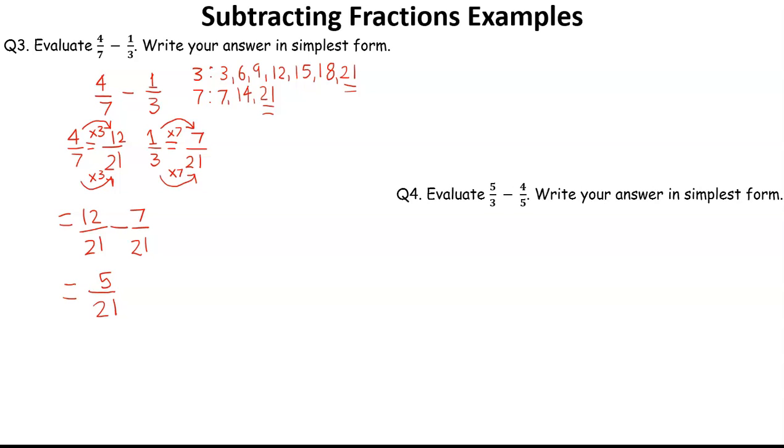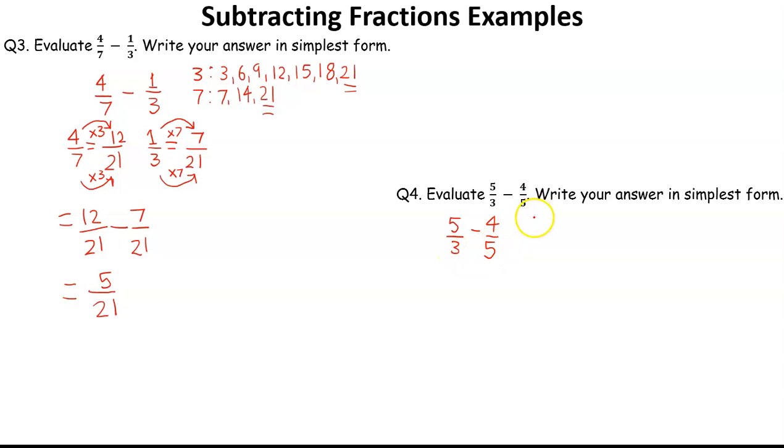Example number 4. Same deal again here. I'm going to write it down as I would in my workbook. I've got 5 over 3 minus 4 over 5. Now, one of these is an improper and the other one is a proper. That's fine. I can go ahead with that. The next challenge for me is that I must have the same denominator. So the way that we find our common denominators, we need to find our common multiples between 3 and